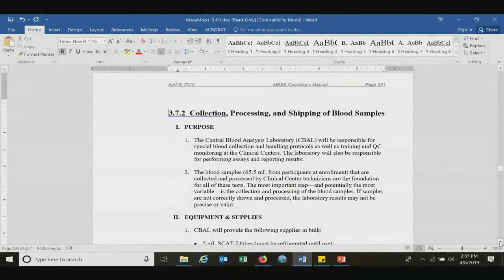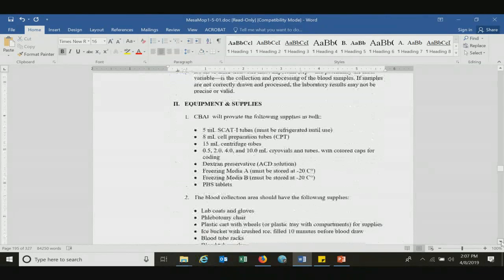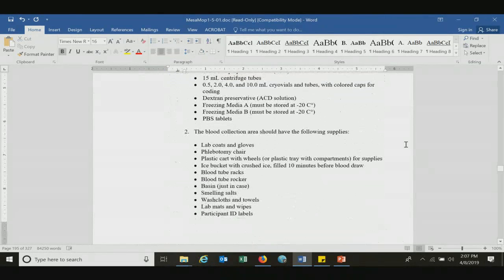So here they're talking about what you're collecting and why. These folks were getting 65 mil collected from them. And you look at all the different supplies that they're talking about. So they're saying have a phlebotomy chair, have blood tube racks, have an ice bucket. I mean, that's how detailed they got into being sure that you have what it is you need to have